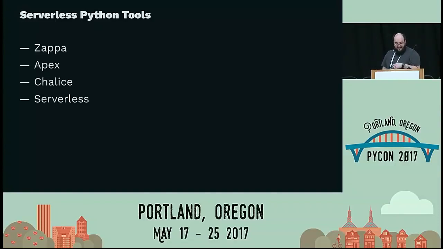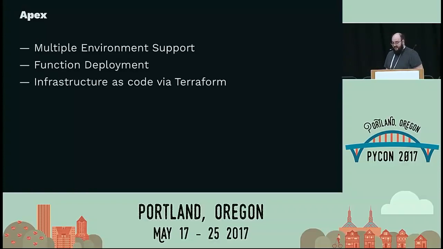I tend to use Zappa if I'm going to be doing web apps or web APIs or some kind of proxying type thing, but when I'm building cloud functions for data pipelines, I really like to use Apex. This isn't a slam to any of the other tools, it's just personal preference. The thing that I like about Apex is it, out of the box, easily supports handling multiple environments. It allows you to also have your function deployment be automatic. They've got a very simple command that wraps up some of the complexities that we're going to talk about in a second with deploying a function like this.